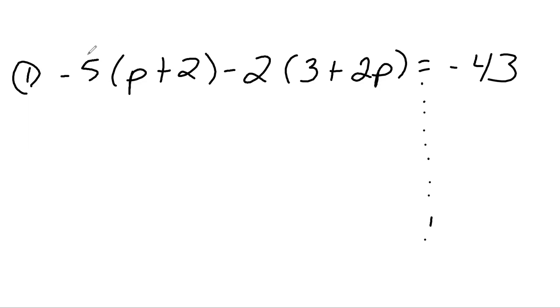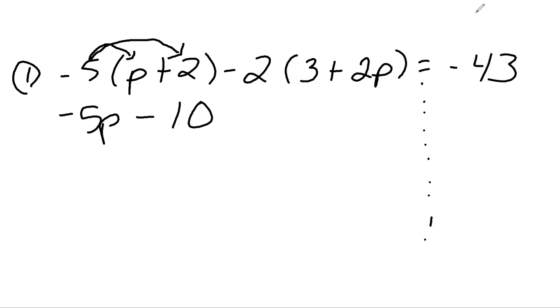I'm going to multiply it by everything inside the parentheses. So for example, -5 times p and -5 times 2. Those are the only two numbers that are inside the parentheses. So that's the only thing I'm multiplying the -5 by. So I've got -5p